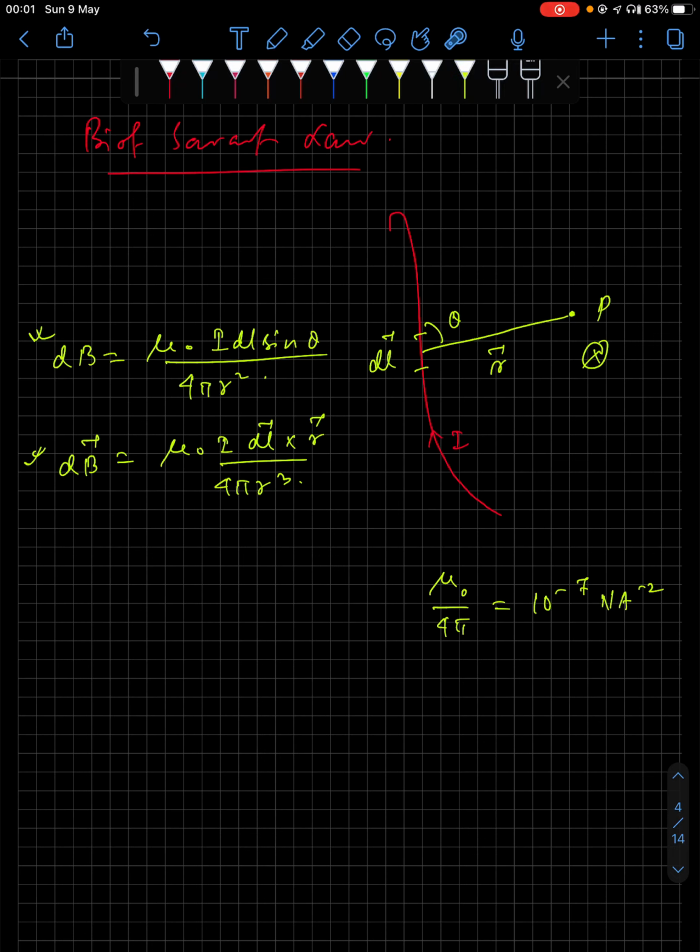Now let these angles be phi 1 and phi 2. Now the magnetic field at the point P in accordance with Biot-Savart law is given by mu naught I by 4 pi A, sine phi 1 plus sine phi 2. If you remember, you did this derivation in class 12 and we are avoiding that as of now. Now under this we have the first case, if the wire is of infinite length.